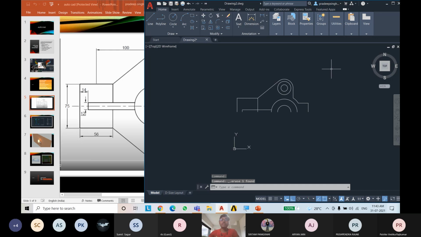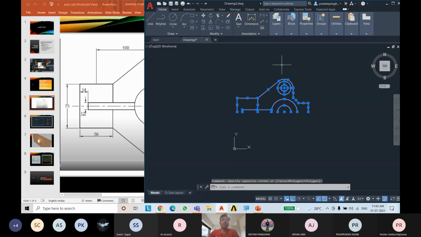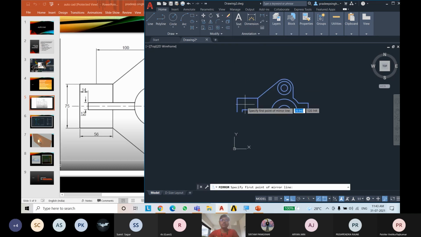If you want to mirror this drawing, just left click here, left click it and draw a window. Then it will select all the things. Go to modify, select this mirror option, press this, and it will ask you to first